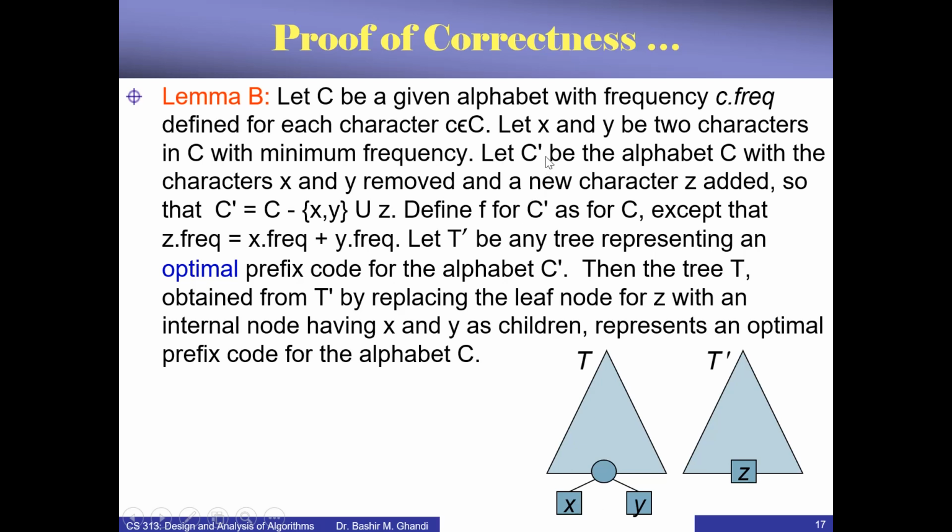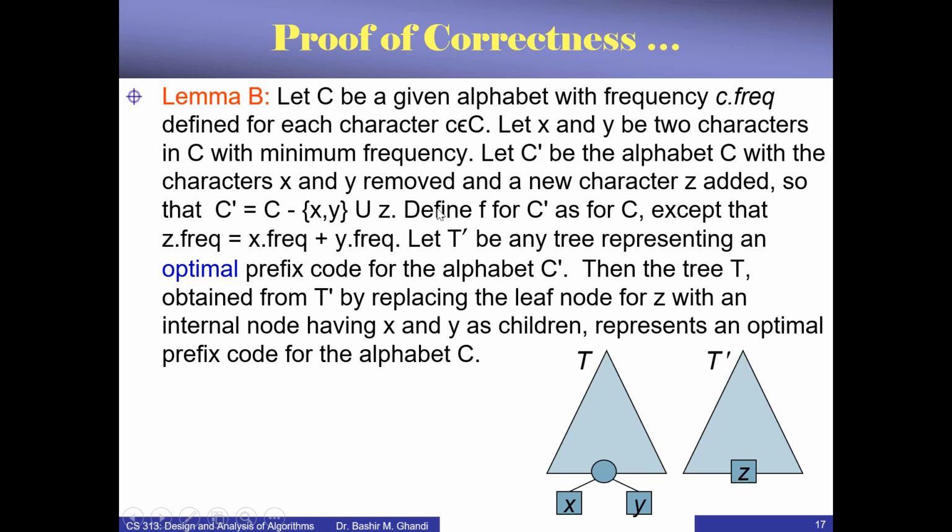Now let C prime be the alphabet C with the characters X and Y removed and replaced with a new character Z, such that C prime is equal to C minus {X, Y} union {Z}. So the only thing here is we are going to remove X and Y and replace them with a leaf node Z. Okay, now that Z is going to have a frequency equal to the sum of the frequencies